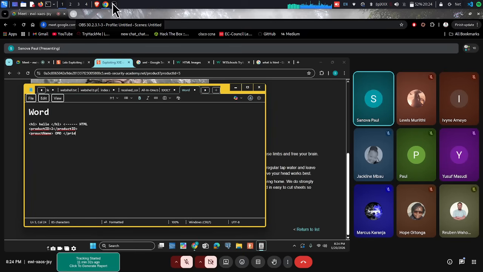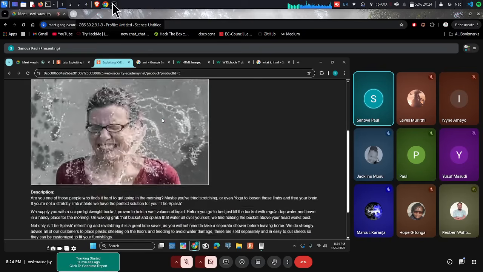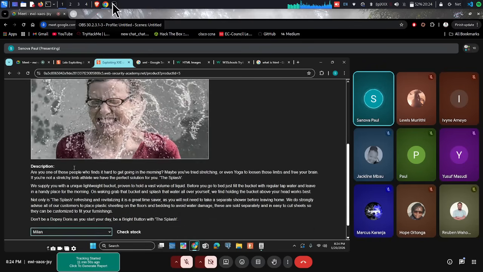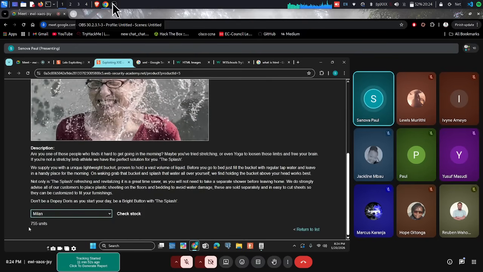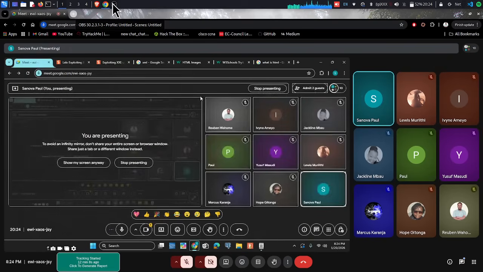So product name, the client has decided to select, I want to know the stock that is in Milan. These stocks that are around Milan, and it tells us 755 units, you see? So from the user sending this, you see this is data, whether this is data, what is being sent here can be, you can find some database like SQL server is